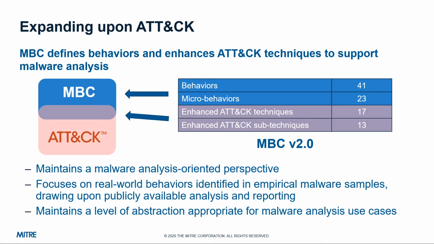So those missing behaviors in ATT&CK motivated the development of MBC. MBC expands upon ATT&CK by defining new behaviors, like anti-analysis behaviors and what we call micro-behaviors, which I'll define in a minute. MBC moves away from ATT&CK's focus on the adversary perspective and instead focuses on malware code. As the table shows, MBC version 2 has been updated to be compatible with ATT&CK version 7. It defines 41 new behaviors, 23 micro-behaviors, and it enhances with malware analysis details 30